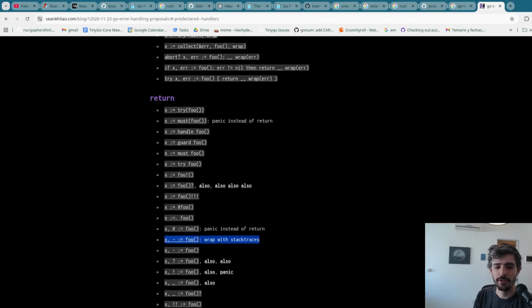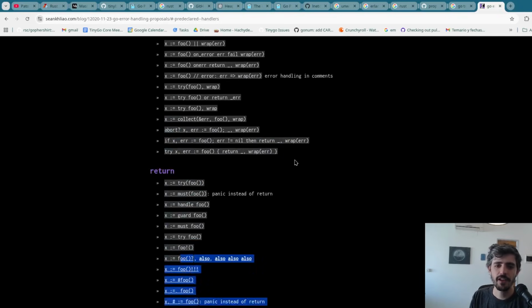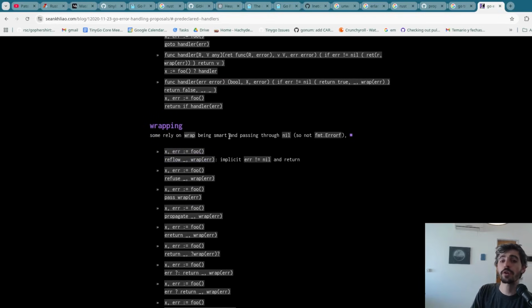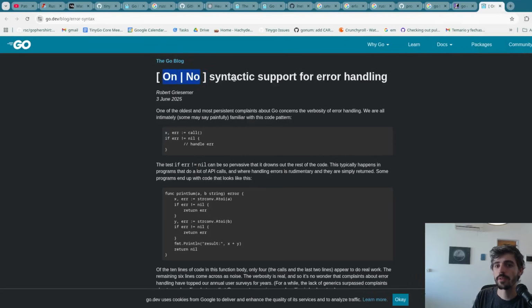Most Gophers agree some of these don't look like Go. Like this is not Go. I think the question mark garnered more support than other identifiers, tokens. But yeah, none of this looks like Go. Honestly, there are some that do look like Go. There was one that actually got pretty far, but it was not accepted by the Go team. No syntactic support for it. So choose the one for the title.